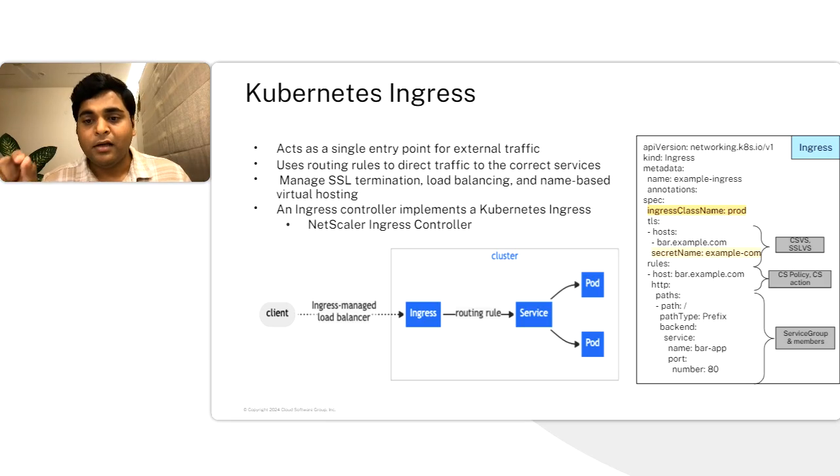All these are the NetScaler entities which are created by this specific block of the manifest file. If you are not familiar with NetScaler and are hearing this terminology for the first time, stay tuned. We will also show you this particular example in the demo, where you will understand what a content switching vServer, an SSL vServer, a service group, and so on are.